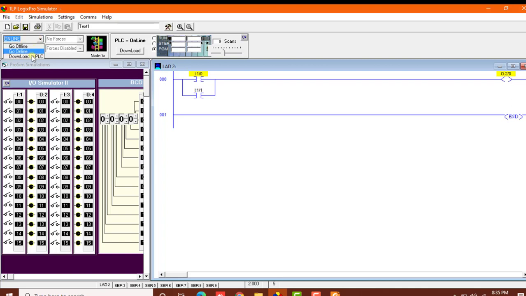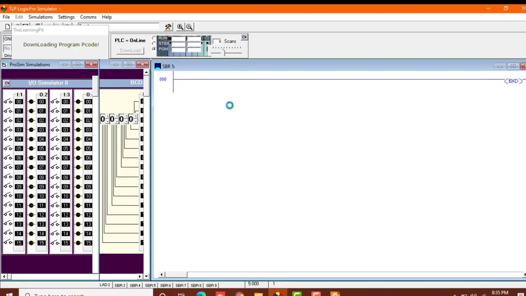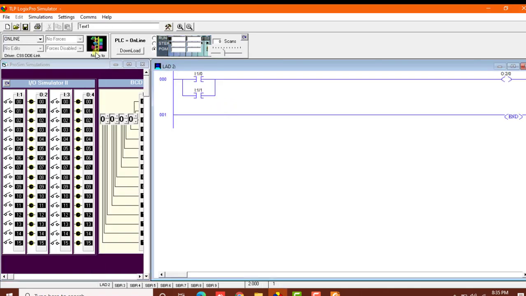Okay, so I've named it, and let's now go online. Oh no, I need to download it to PLC. The next thing we do is go online. Okay, it's online. I'll run it. Now let's see if these two perform AND gate circuit or no. Well, what do you think? Putting two examine if closed switches in parallel, will this be an AND gate or OR gate?